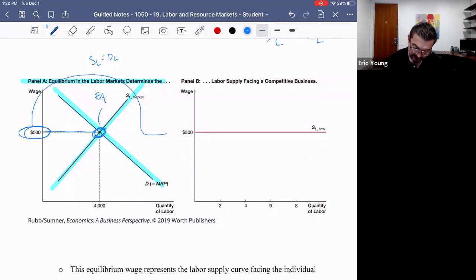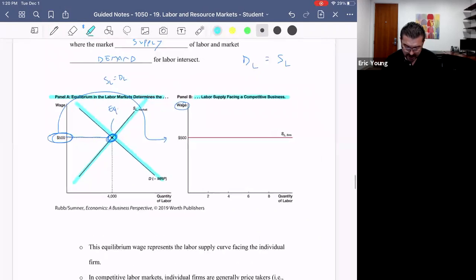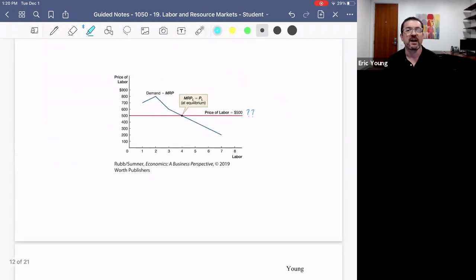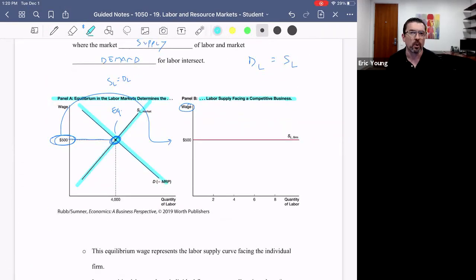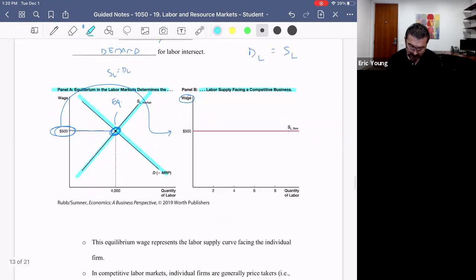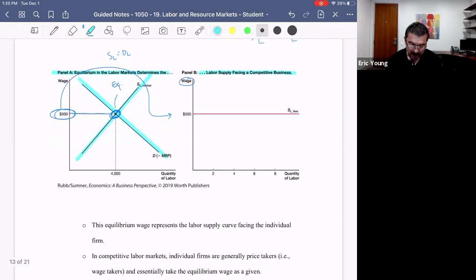It is this wage rate that becomes the wage rate that the individual firm is faced with. So again, earlier, we had just sort of assumed, oh, the wage rate is 500. Now we understand how the equilibrium wage rate is formed. The equilibrium wage rate represents the intersection point between the supply of labor and the demand for labor. This determines the market level equilibrium wage, which the competitive firm must take as a price taker.